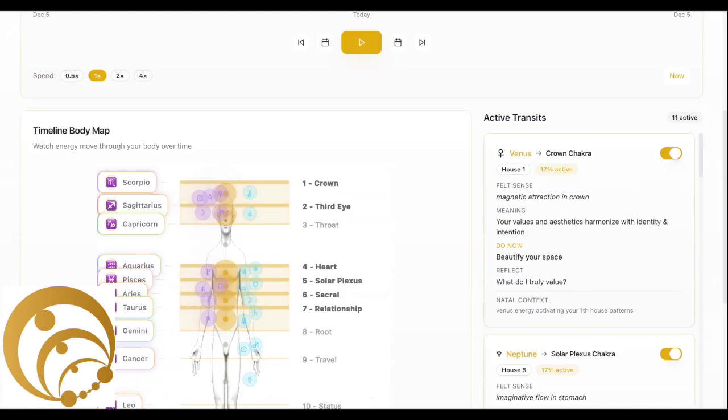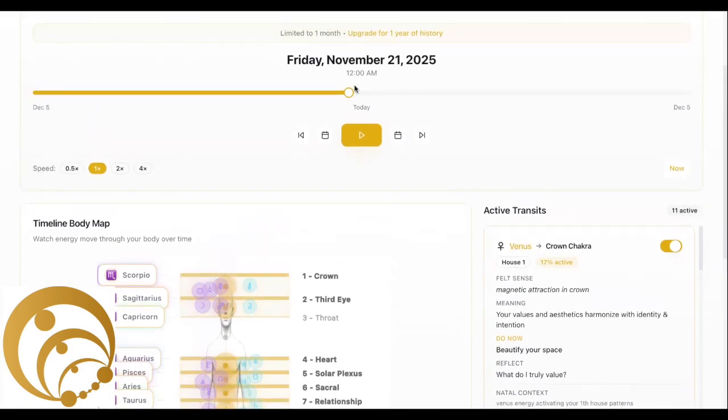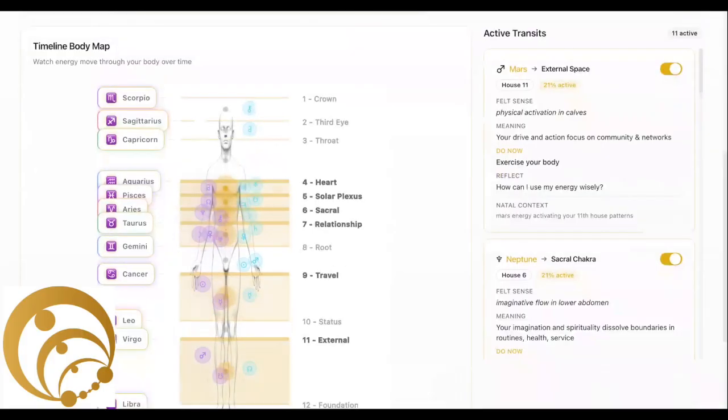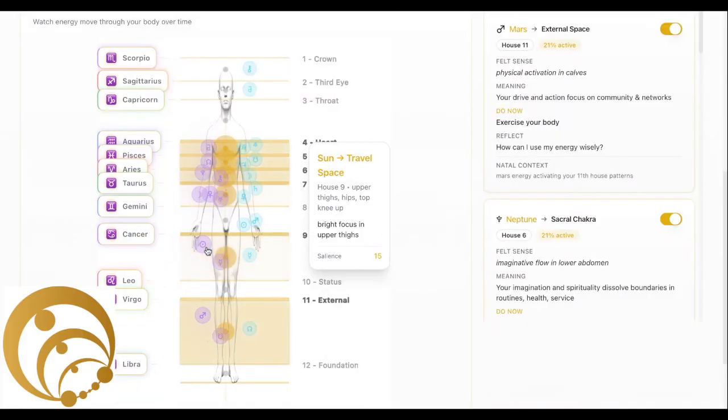Now, what is even cooler is the timeline feature, which is basically another calendar that allows you to literally scan through your body in real time, and essentially you can just see the planets move through your body in real time. Pick a date, it'll show you, and you can be like, oh, on this day I have my sun in my ninth house, so I probably shouldn't be out here philosophizing too much on